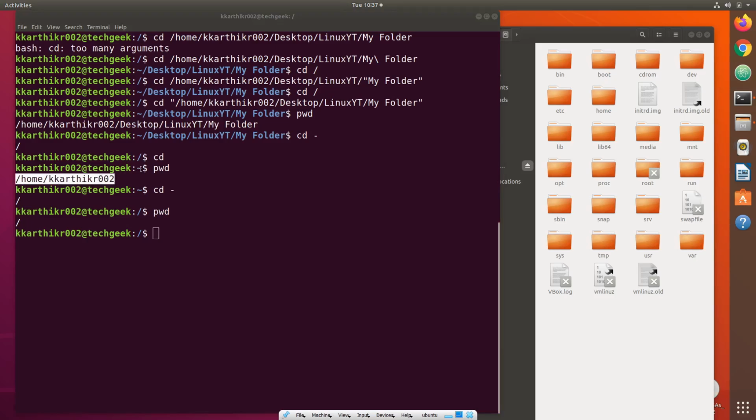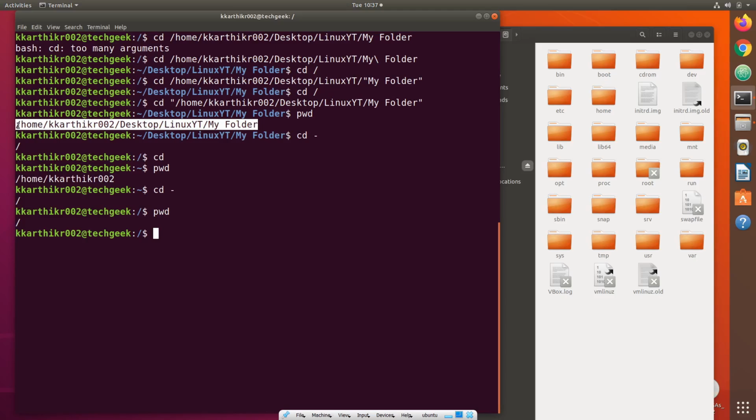This is the home directory of the user, and then this is the path from the user directory to my folder. If you complete it, you can see it is nothing but the path of the present working directory. So we need not always run pwd command to find where we are now. You can just see this path.